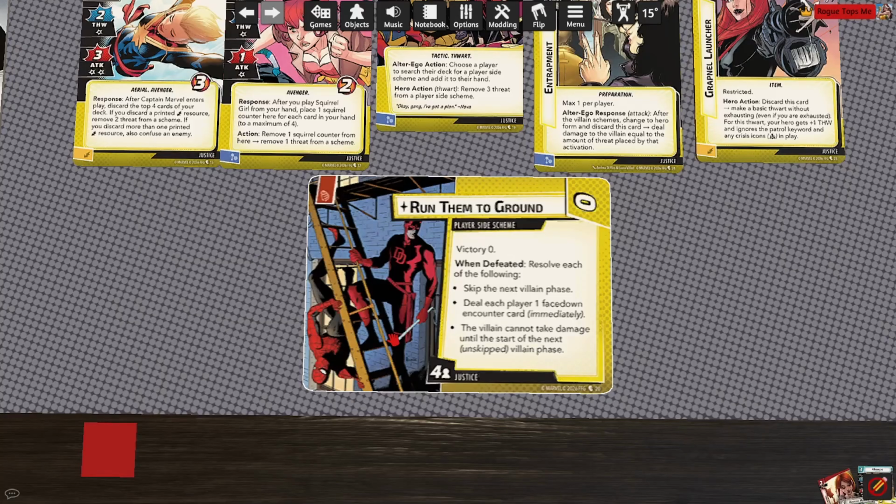It does come in with a lot of threat, but being able to skip a villain phase is really, really good. Yes, you're going to get a face down encounter card, but you're skipping the villain phase. So you're essentially going to be waiting on that encounter card that you're going to be dealt. And this gives you some room to breathe a little bit. Yeah, the villain won't be able to take any damage, but you're going to...